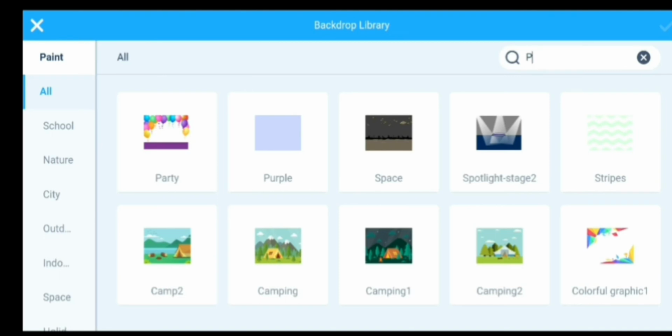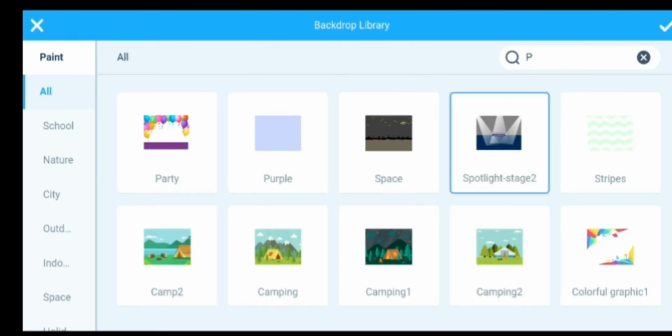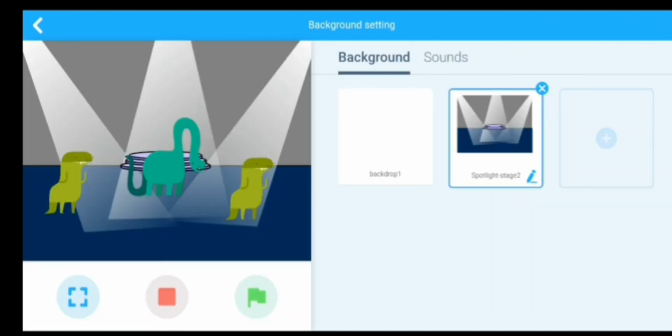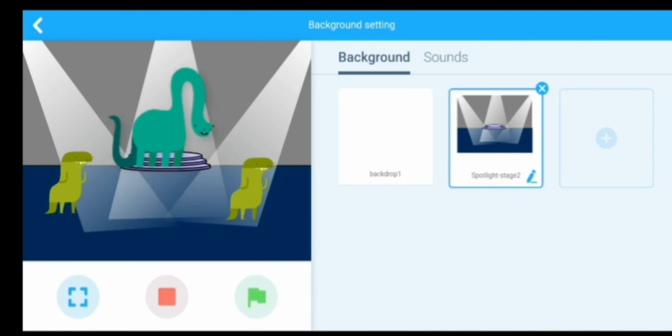I will choose that one. Okay, put this dinosaur in the center.